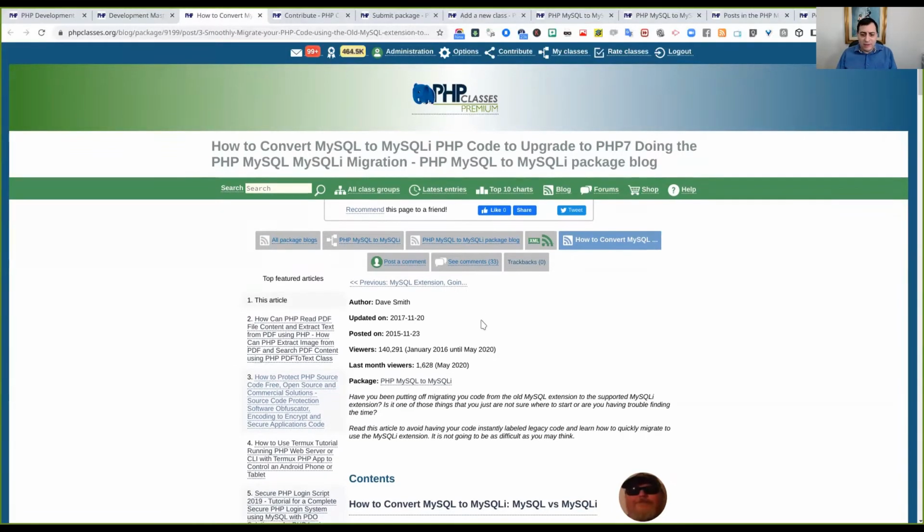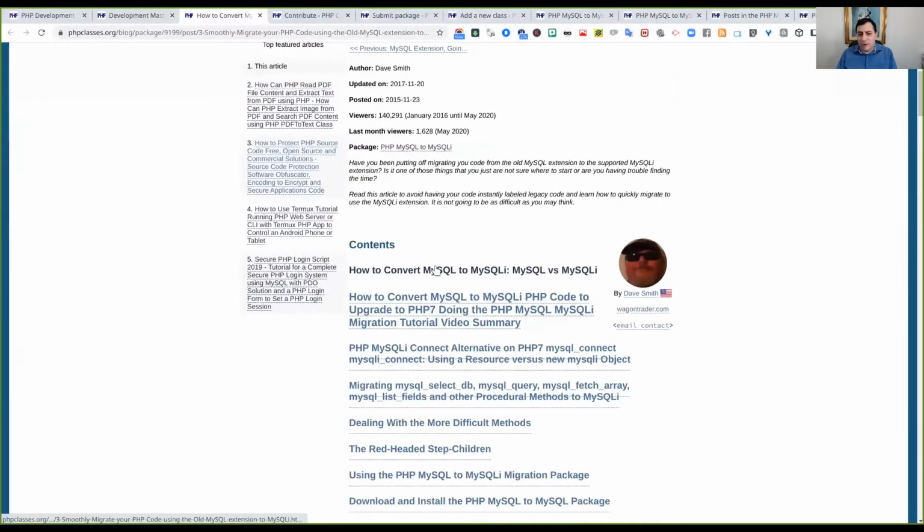And you can see here the structure of a good article. In this case, it was very popular. It was popular not only because it is an interesting topic, in this case, converting MySQL code that used to run in past PHP versions into MySQLite code. This was written in this case by Dave Smith, a great contributor like many others. He just picked this one because it was published a few years ago and continues to be useful. As you can see, it still has many viewers until today. And this is the kind of article that we would like to encourage you to write.